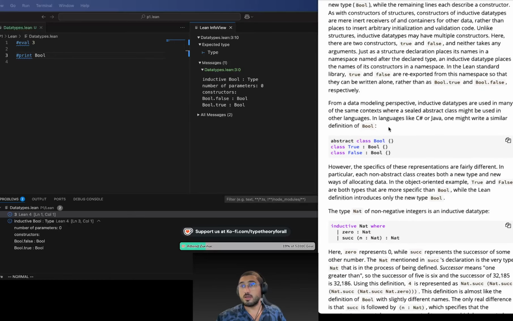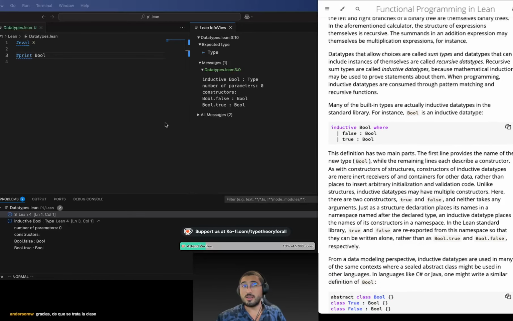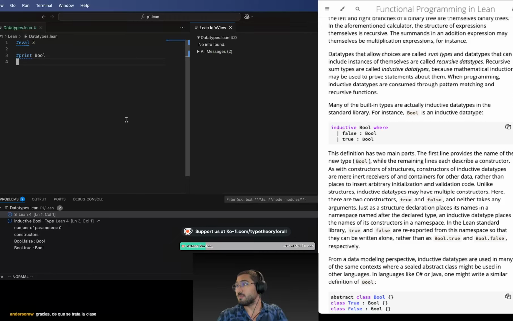So now it talks a little bit about .NET. I think I'm gonna write these things as in